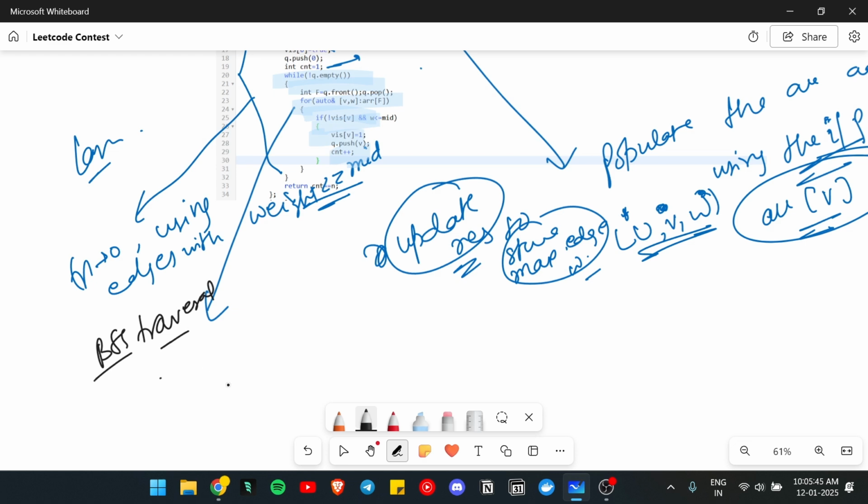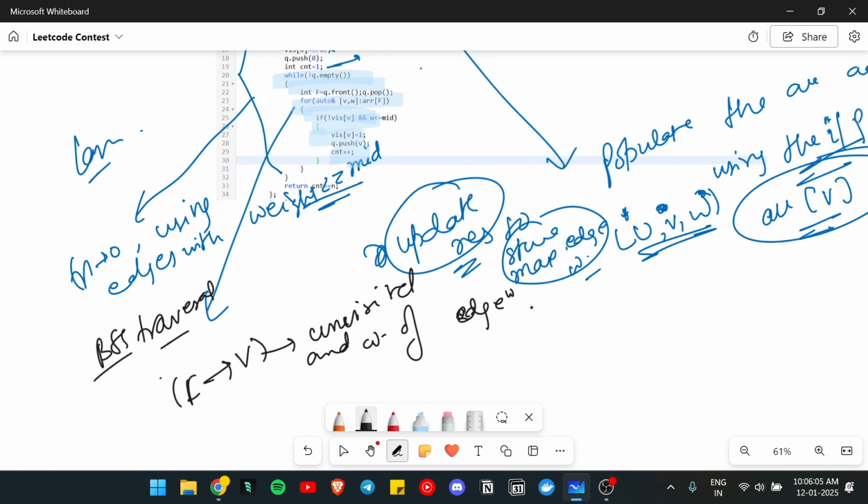For every edge to v, if node v is unvisited and the weight w of the edge is less than or equal to mid,